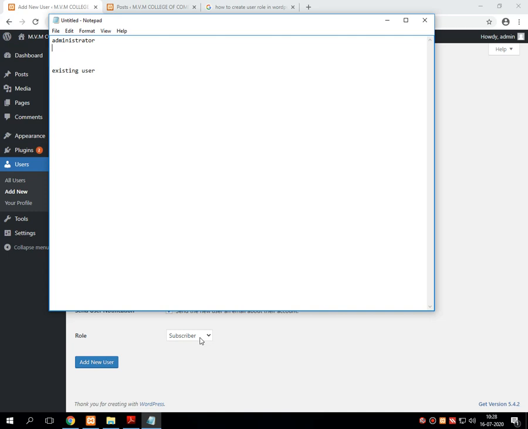Administrator means who has all the rights over the entire software. The user who has administrative privileges, or you can say the role, can change everything.